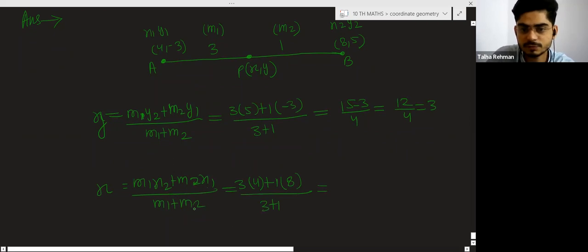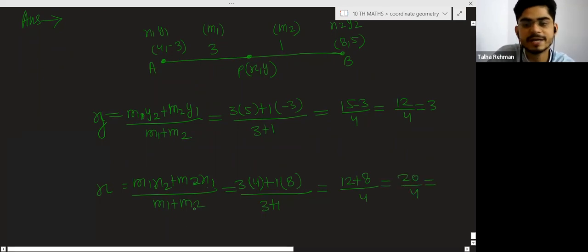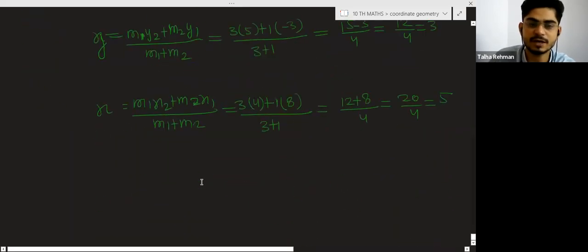This will become 12. This will become 8. This will become 4. This will become 20 divided by 4. You will get x as 5. So the coordinate of this point, you will have x coordinate as 5 and y coordinate as 3. So the coordinate of the point, answer is